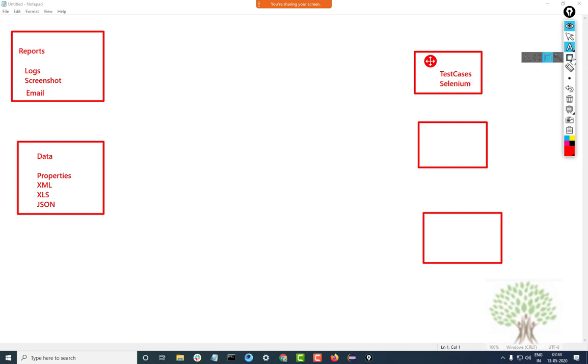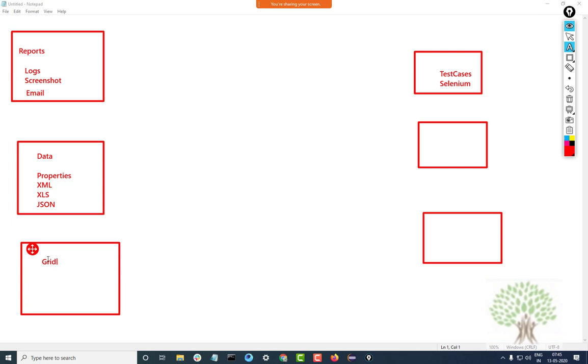Moreover, you want to implement various things in the project like Selenium Grid. Selenium Grid we will be learning about later on. Grid helps you to automate the test cases in parallel. You can run the test cases in parallel on different machines in order to save time.